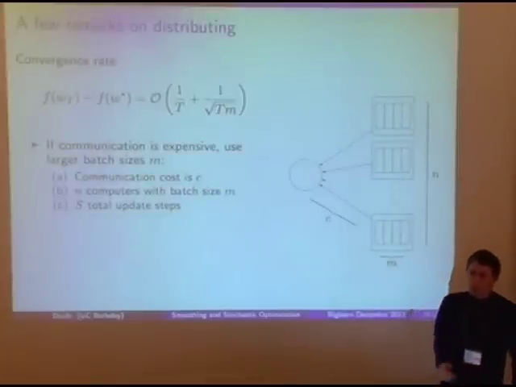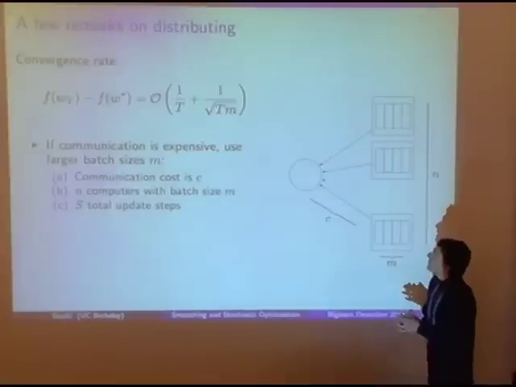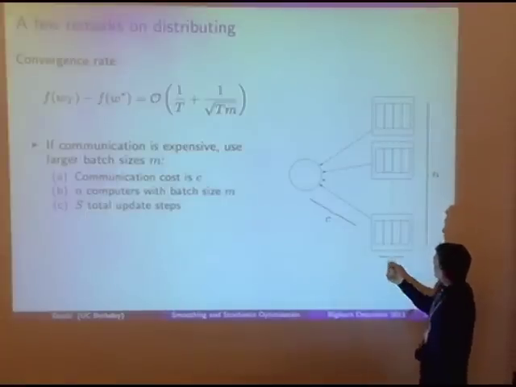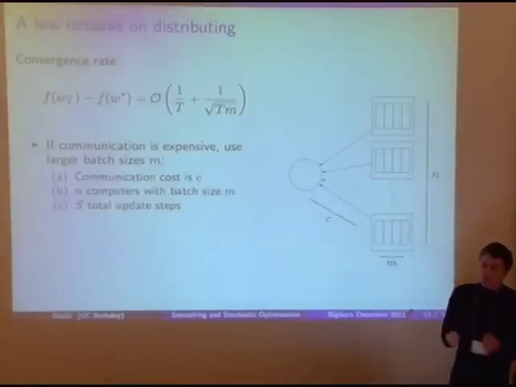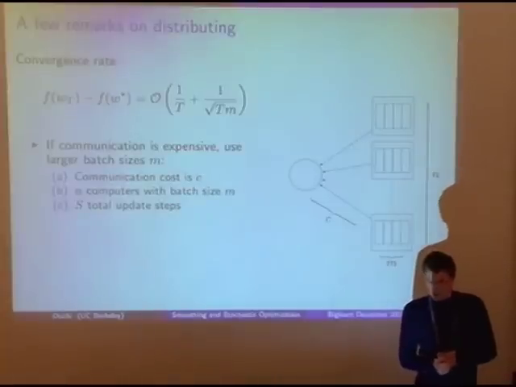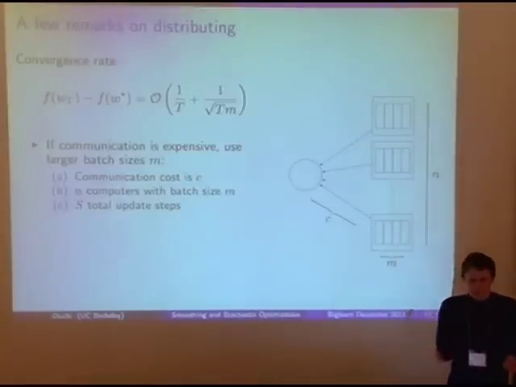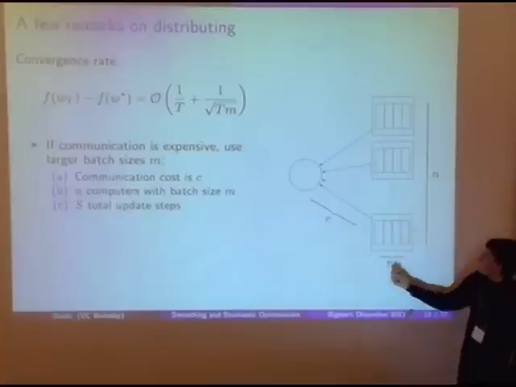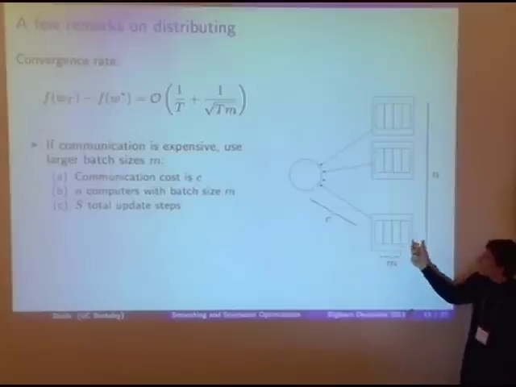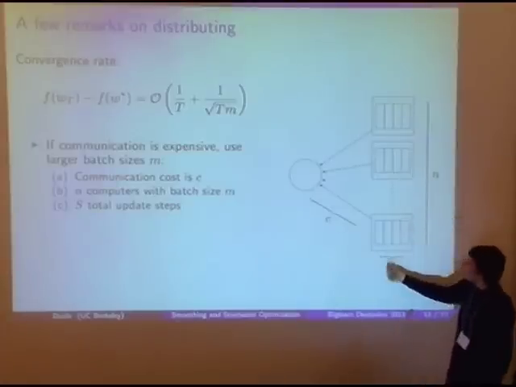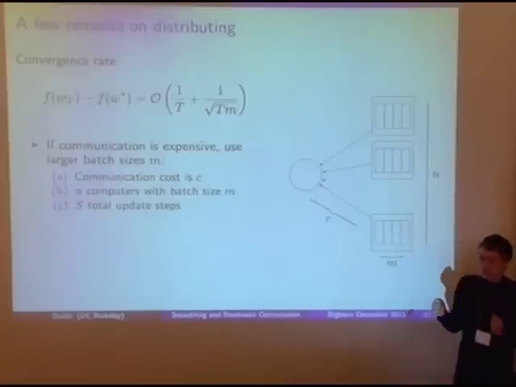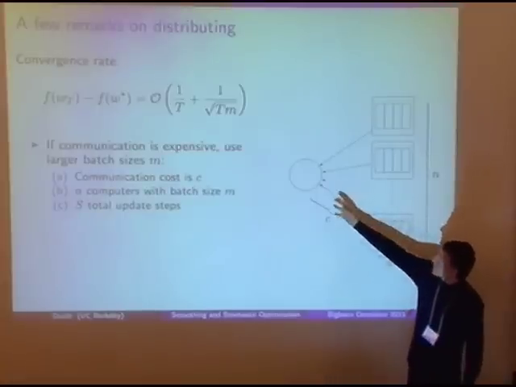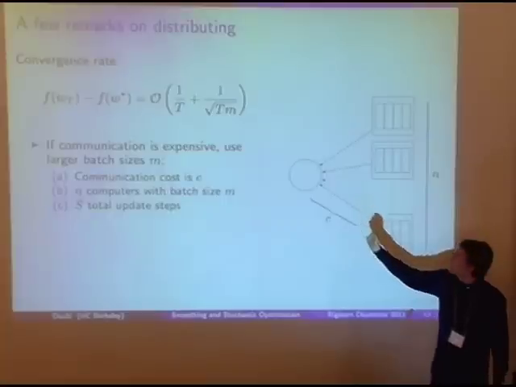So just a few quick remarks on distributing. If we have our computers in a network or even just on one processor, communication can sometimes lead to some problems, right? You have communication latencies, and if communication is expensive, what you can do is have each of your processors compute a mini batched gradient of size m, and then after they've computed these larger batches of gradients, you average them. Then you send them to your master processor,